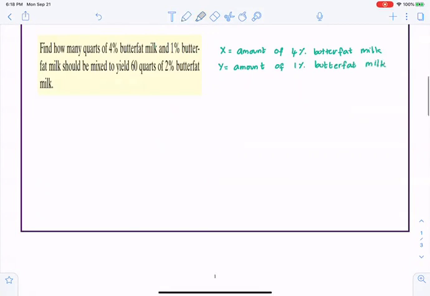We know that we need a total of 60 quarts. So that means if I add x and y, it must add to 60, and that is what we are looking for. So x plus y must be equal to 60. So this equation describes